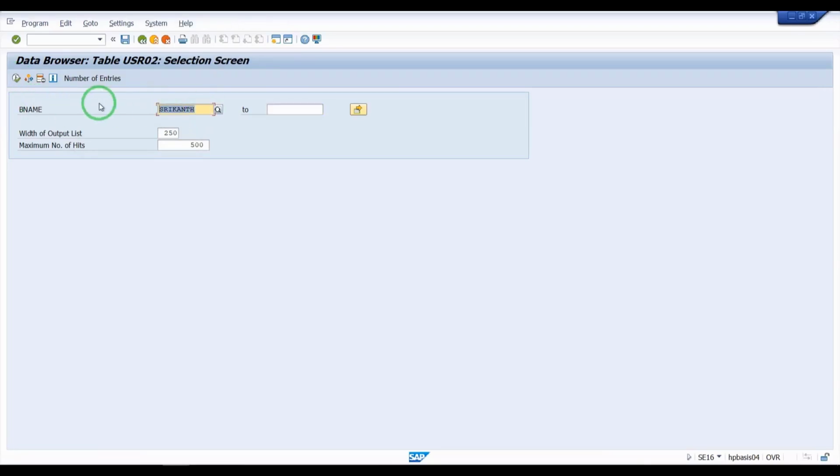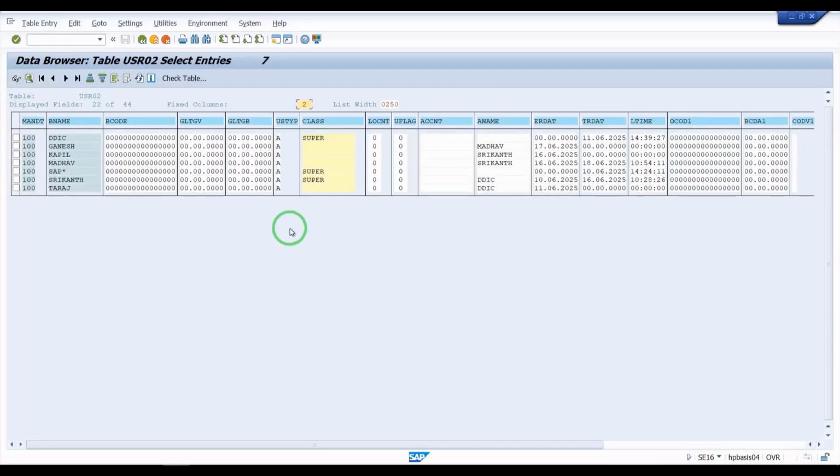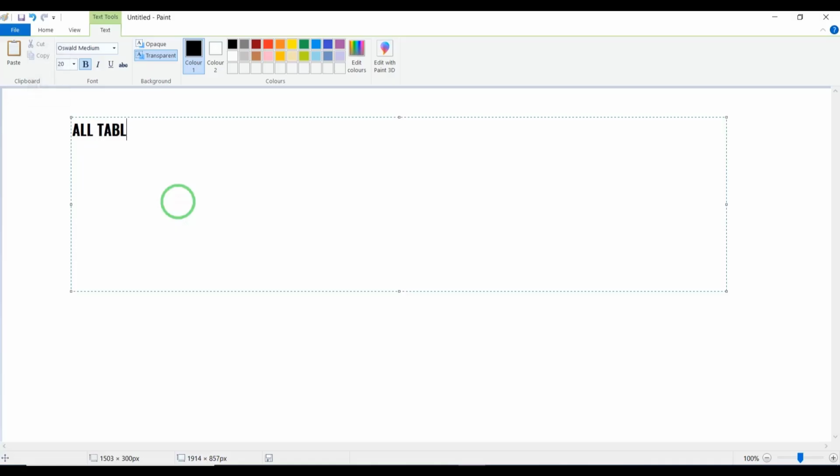If you give a star, you can see all users information here. The USR02 is the table to monitor all users information. The USR02 is the table name, and we are going to check it in SC16, the T code to check all table information. All table information is in SC16,